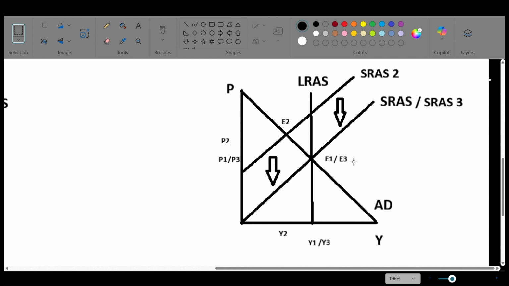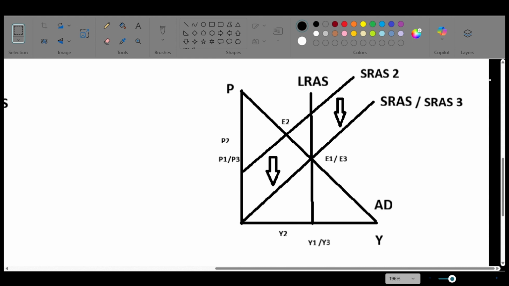We'll now call that equilibrium 3. Output is equal to output 1, which we call output 3, and price level, same as 1, we'll call price level 3 to show that it has changed back. In the long run, there is no permanent change in the output or price level if the shock really was